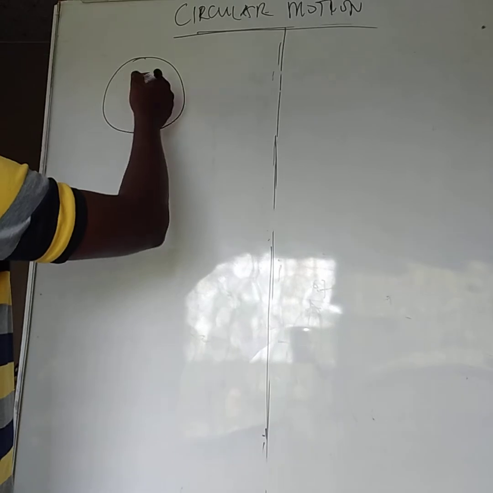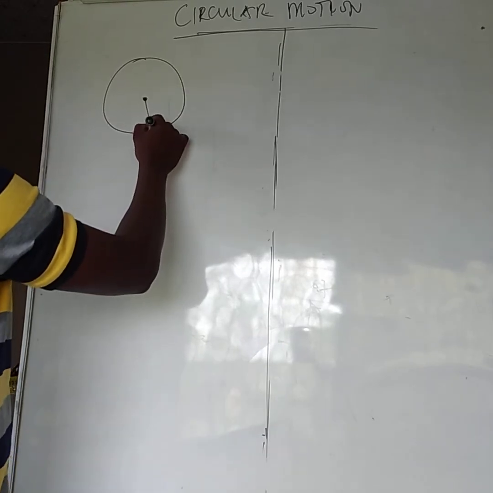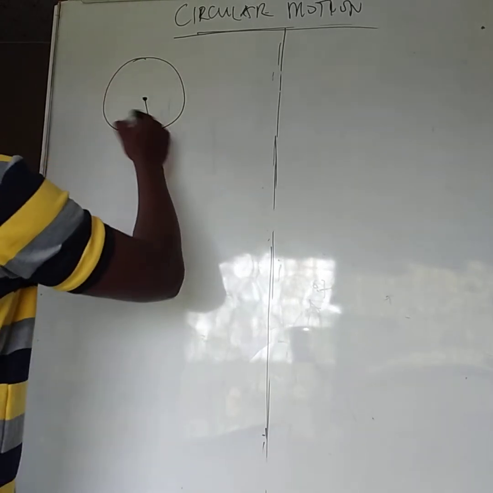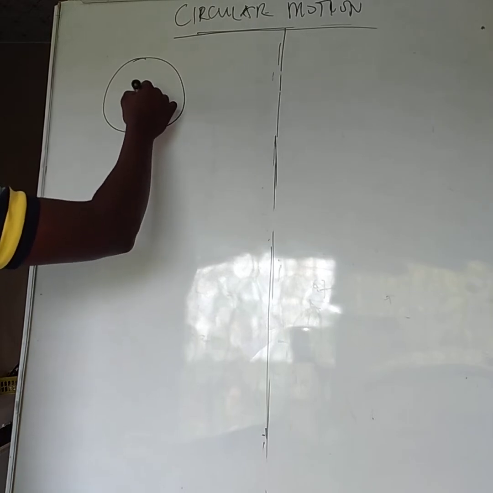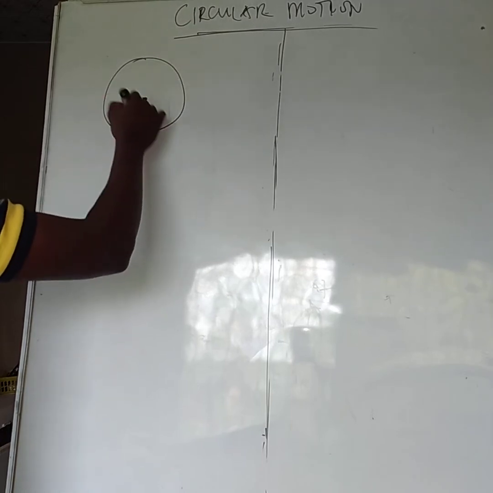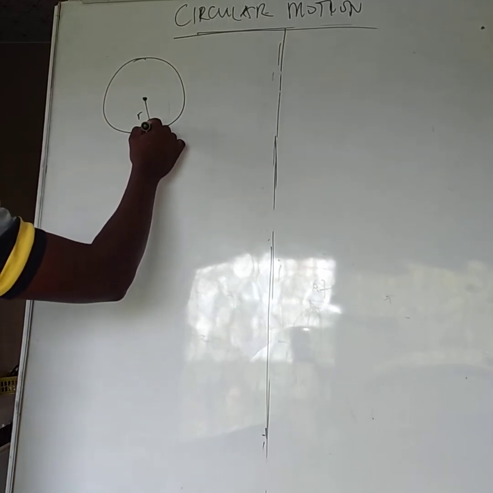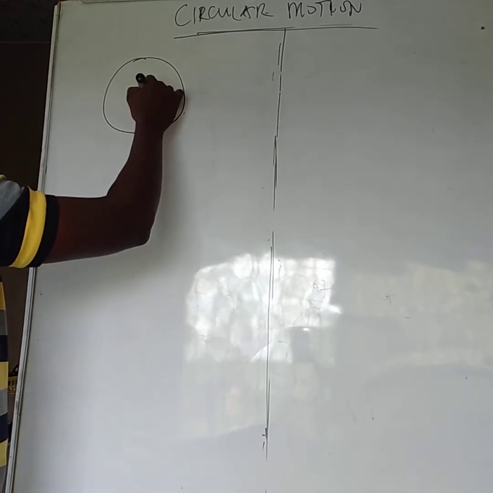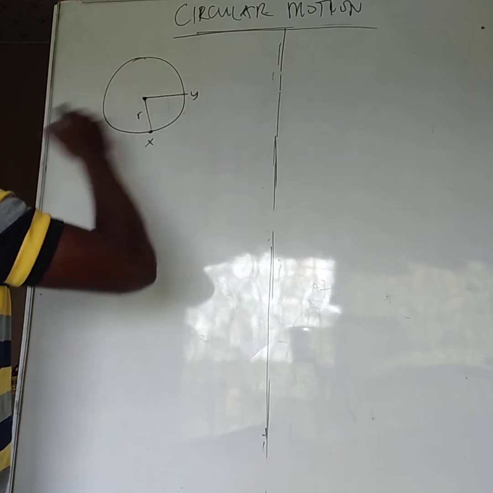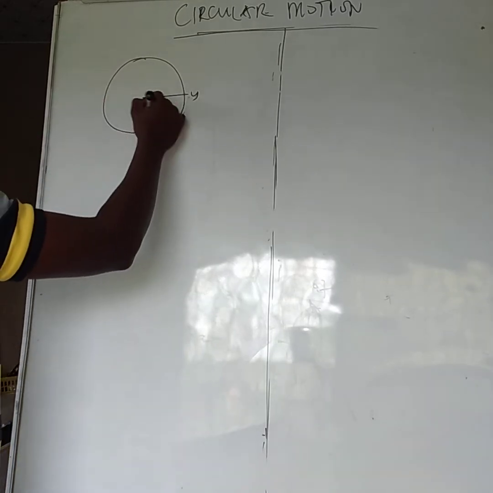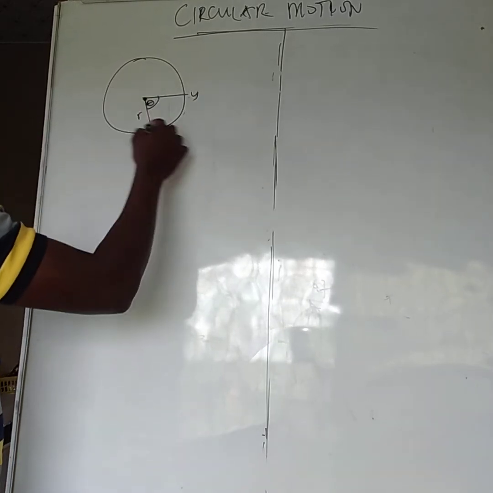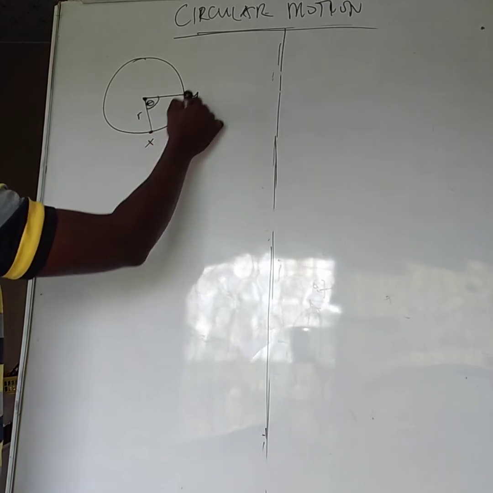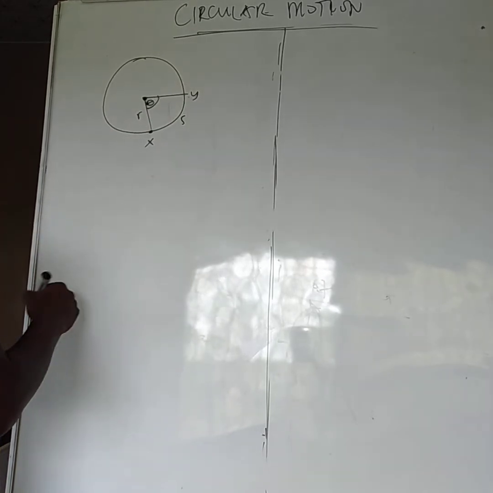Good. Let us consider a body. Let's say a body starts from a point. If I draw a circle, you know that every distance from the center to the circumference is the radius, right? So let us consider that a body moves from a point X and then covers a certain distance, let's say Y. It is doing so with an angle theta, and this here is the distance S. Okay, so R,